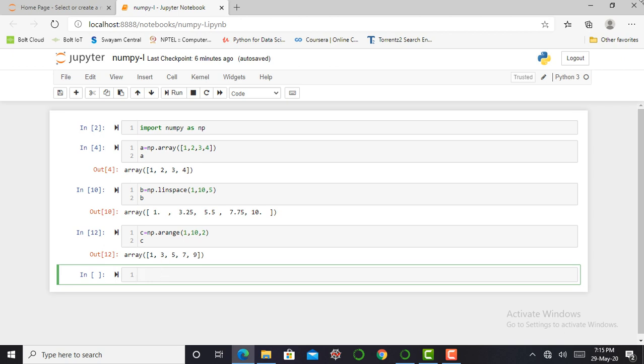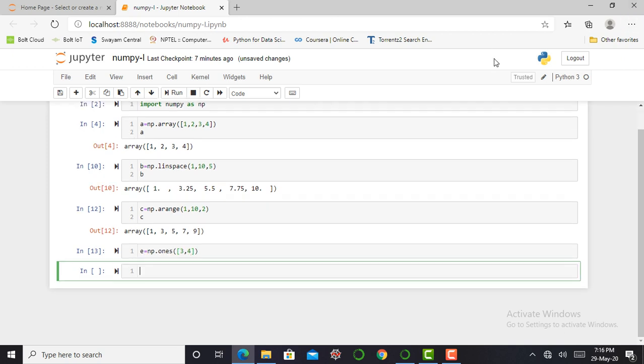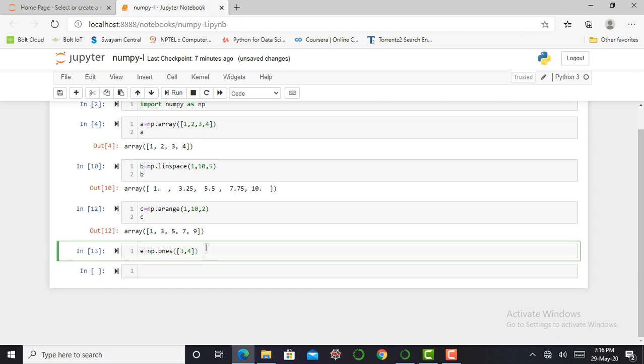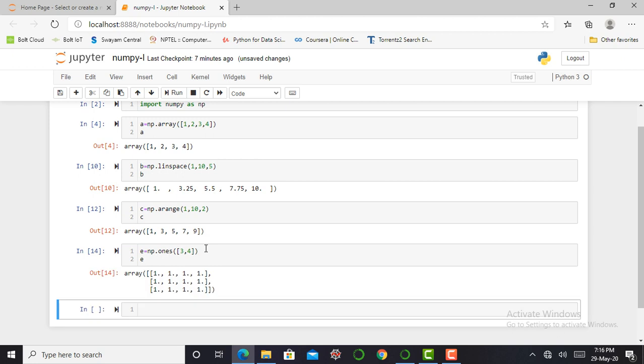Next, create an array using the ones command, np.ones. In the square bracket, I have to mention rows and columns. The first number indicates my rows and the second number indicates my columns. For better intuition, I can print this. You can see that here are 3 rows and 4 columns of ones.